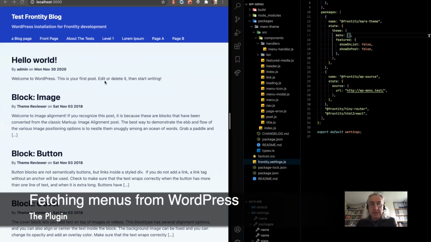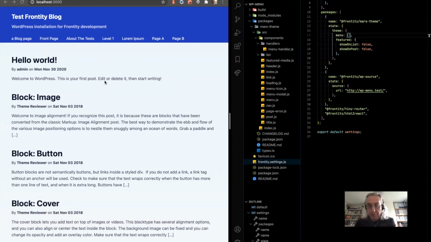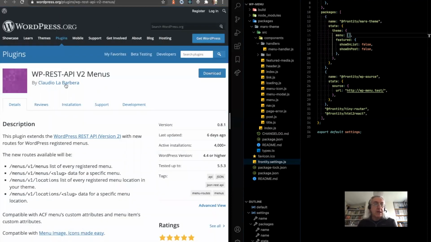The first thing you're going to need is to get the menu data into the REST API. And there's a plugin that you can use called WP REST API v2 menus. And that adds any menus into the REST API. So install that and activate it. And then you could go to,